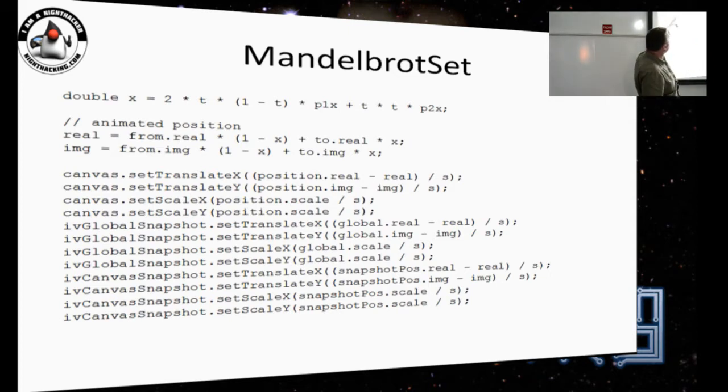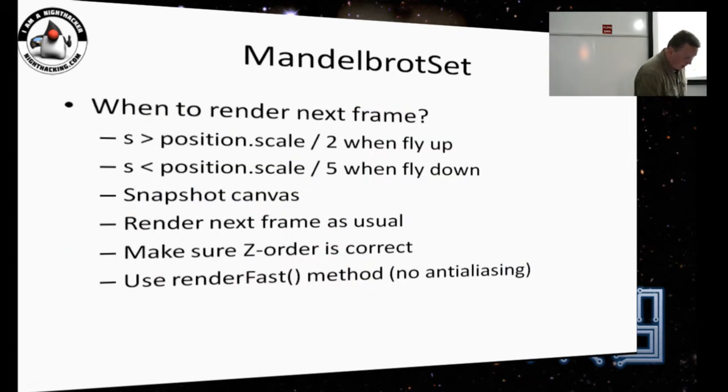This slide contains one more formula for the Bezier curve, how we calculate x, where x changes from 0 to 1, representing 0 as the beginning point and 1 as the end point of our traversal. And we watch our current scale, and when we go too far from the current scale, we start rendering our next frame.